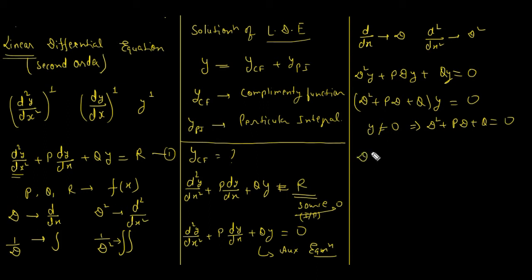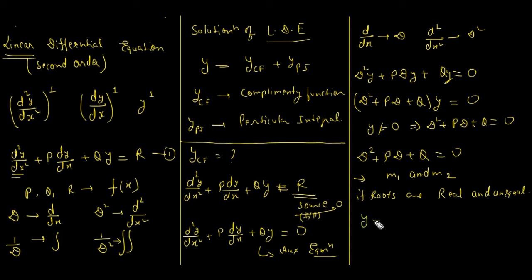So if we look at this equation, D square plus pD plus q is equal to 0, this is a quadratic equation, and depending on the nature of the roots of this equation, we will define the solution. Suppose its roots are m1 and m2. Now if roots are real and unequal,